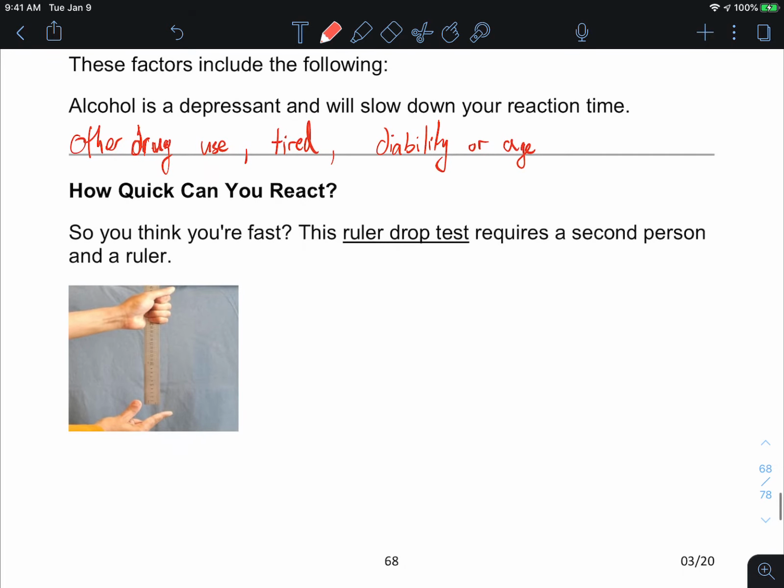So there is a really fun little reaction test you can do for yourself if you want. If you want to find someone to do this with, I will try to find a video of somebody doing this experiment at home and post it with this. But essentially, you're going to take a ruler and place it in your hand. Here's my hand. You're going to hold on to the ruler near the tip,